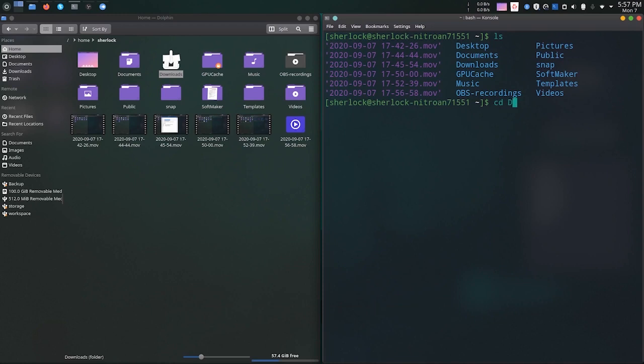Let me type desktop and hit enter. By hitting this, my current working directory got changed to desktop. As you can see, by using the pwd command we can see that the path of the working directory has changed to /sherlock/desktop. In this way you can see that your current working directory has changed to desktop.